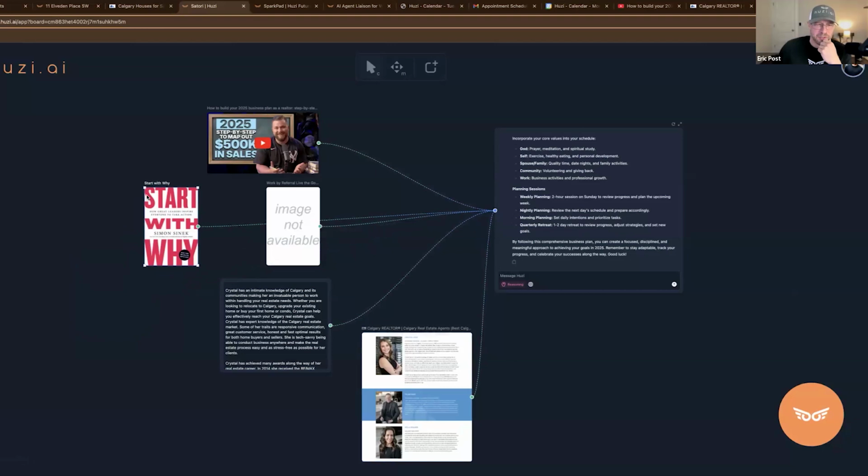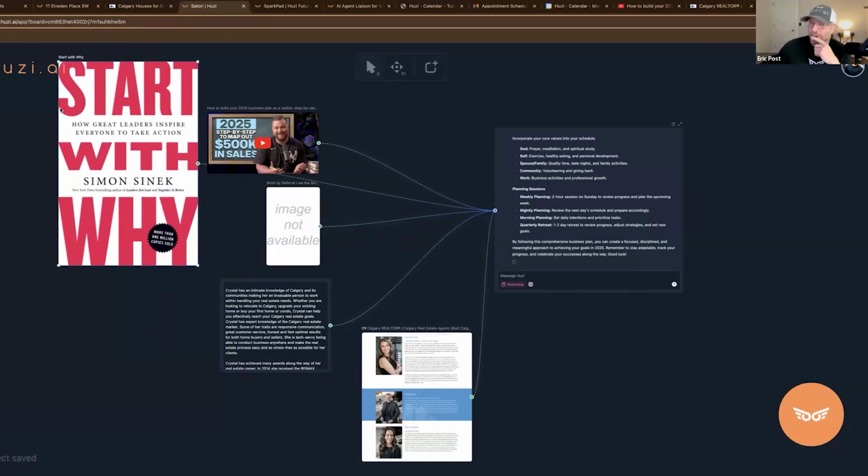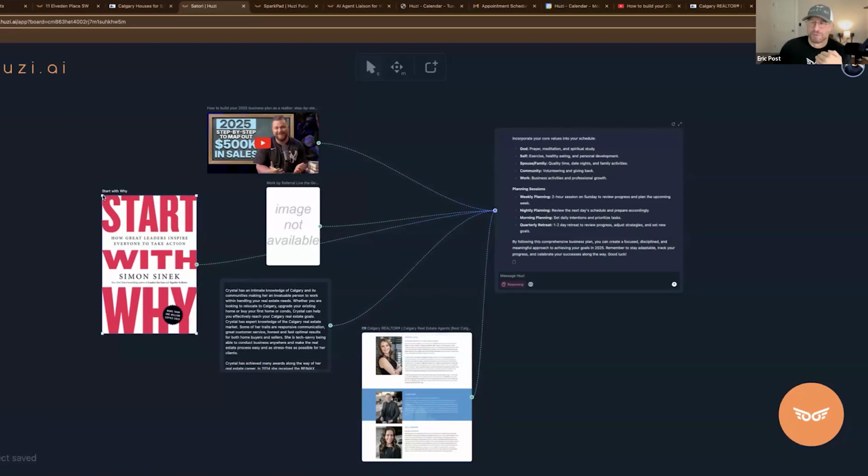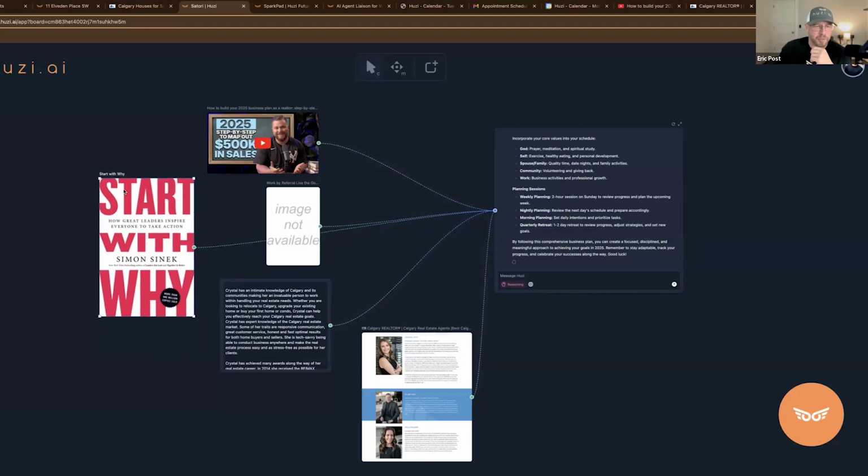Personally, I love, does anybody else know or read this book by Simon Sinek, Start With Why? I think it's a fantastic book. For business planning, and for me to be really compelled to move forward, if I'm just doing it for the money, or just to be the multi-million dollar producer, it's probably not going to get done. But if I'm remembering why, because I've got two kids, one in college, and I remember why I believe in growth and life experiences, if I get connected with that, I'm probably likely to make good on my business promises to myself. So I put that book here.